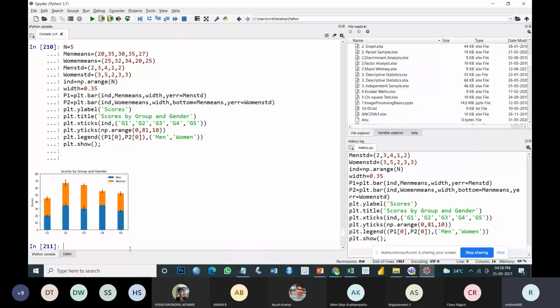If you go for a clustered bar graph also, we can. Clustered means one adjacent to another. For example, in equal to np dot range of